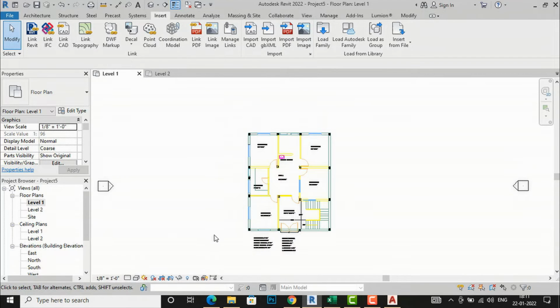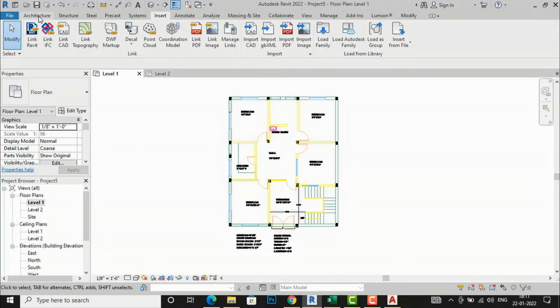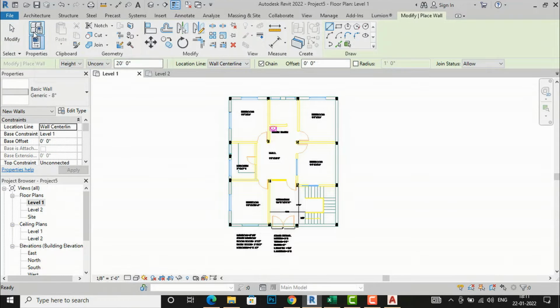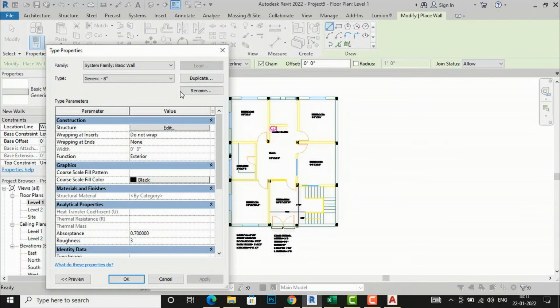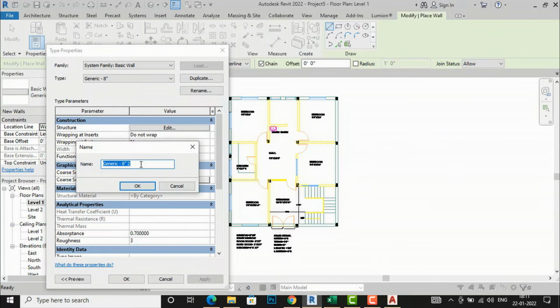So I will go to level 1, and now you can use this wall command here, and this outer wall is 9 inches, but this basic wall in Revit is 8 inches, so you are required to make it 9 inches. I will go to edit type here,